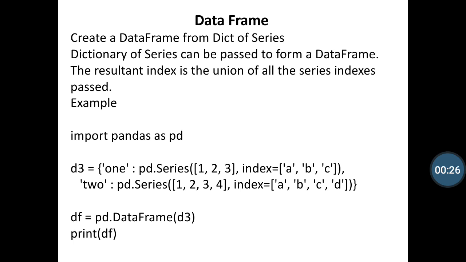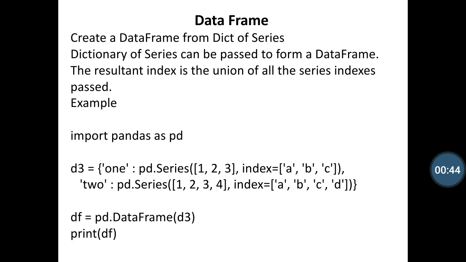A dictionary of a series can be passed to a data frame. The resultant index is the union of all series indexes passed. For example, first of all you import the pandas library as pd, and then you define a data